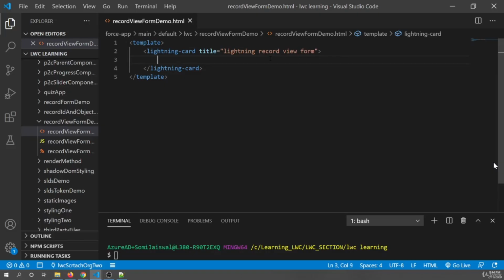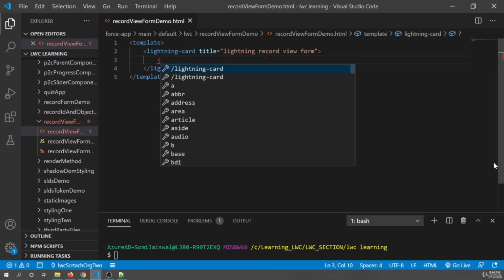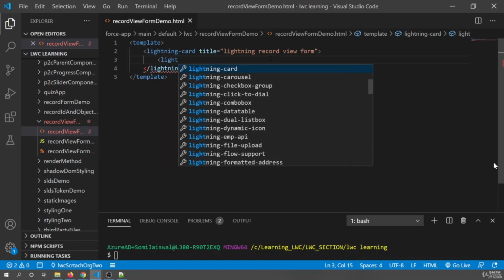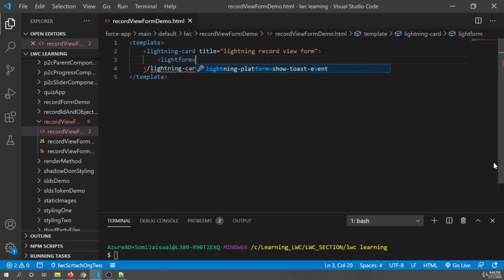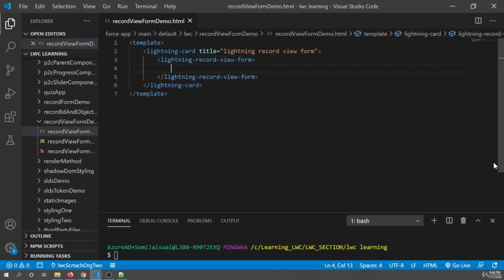Yeah, now within the card we want to add our Lightning record view form. For that we need to call that form, and we have called that component. So now the tag is there. Now we have to pass some